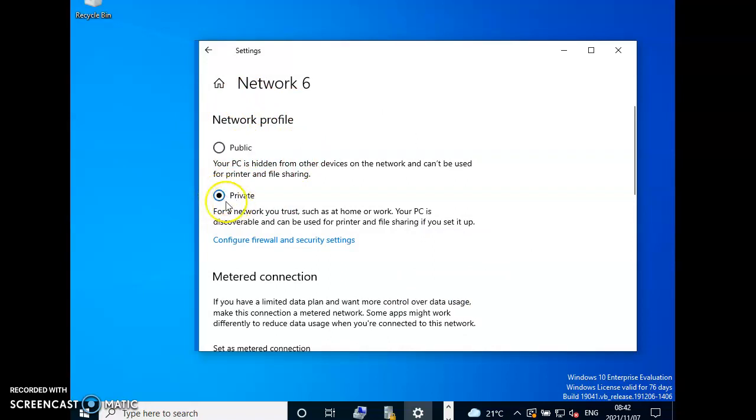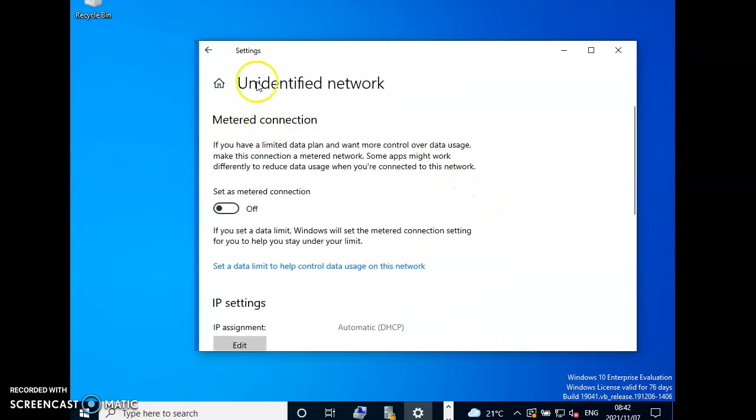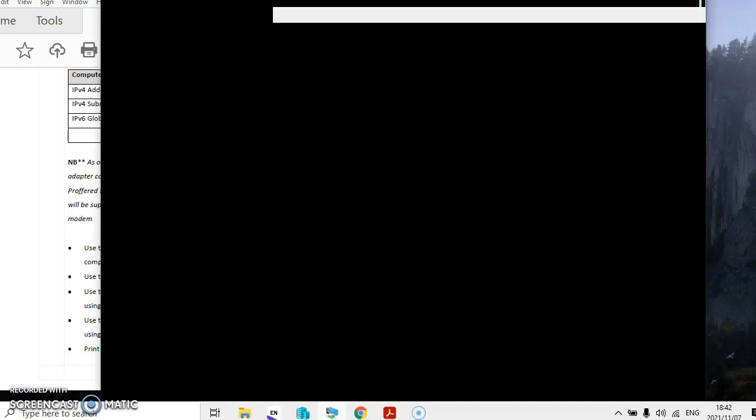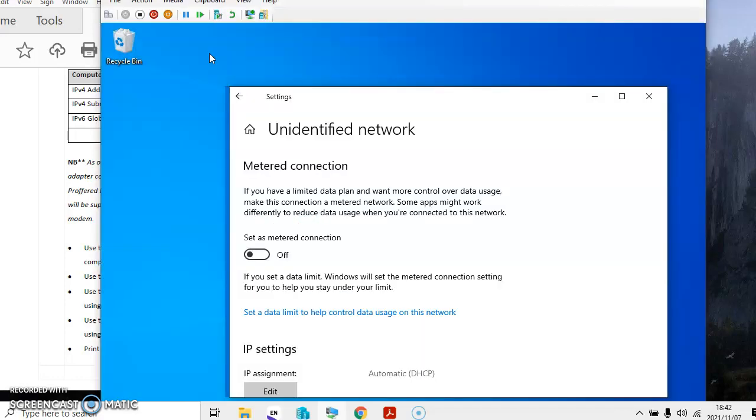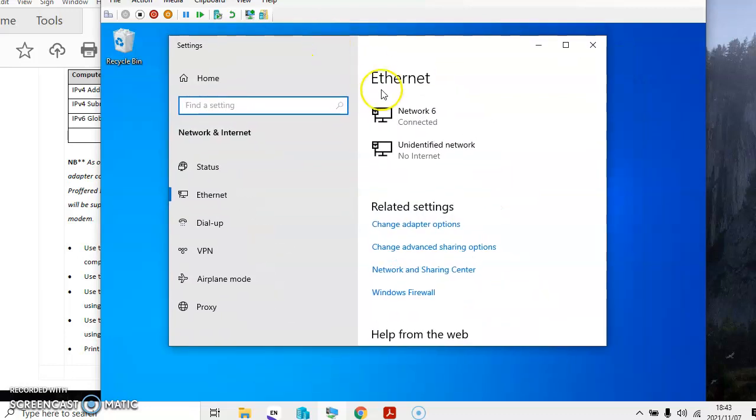If you do not put it on private, you won't be able to share files and folders or communicate over a network. So remember, we're using the internal switch. Check this also. It's just an unidentified network. This is our internal network. So we're going back. Now that we've ensured that our switch is on private, we're not on a public network. Next, we have to